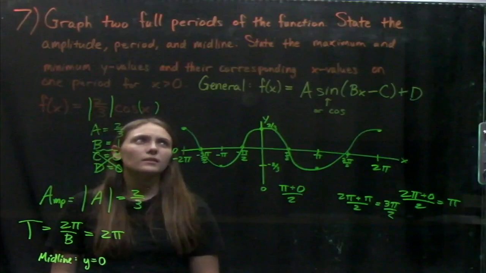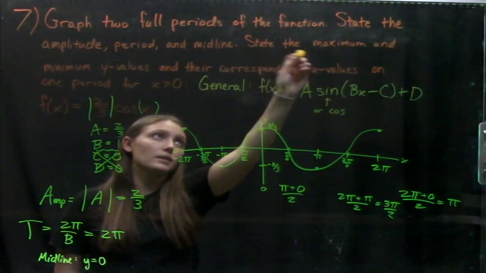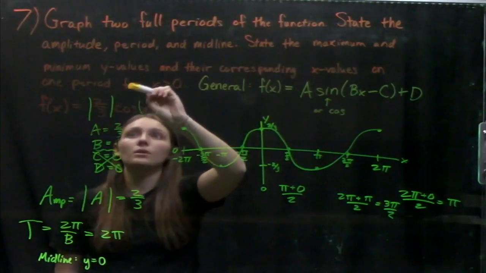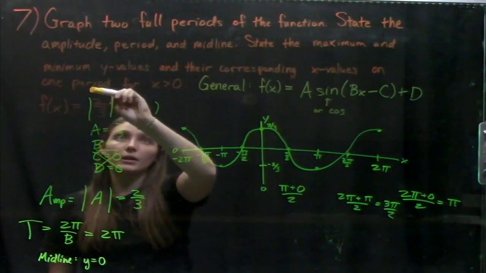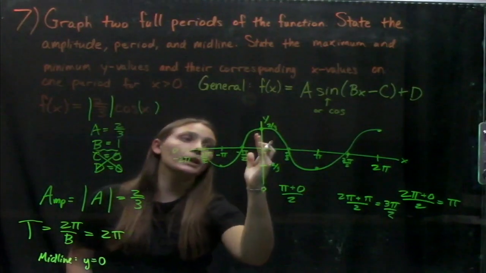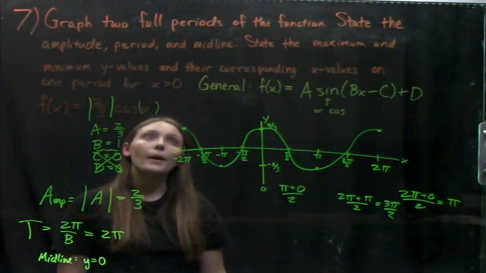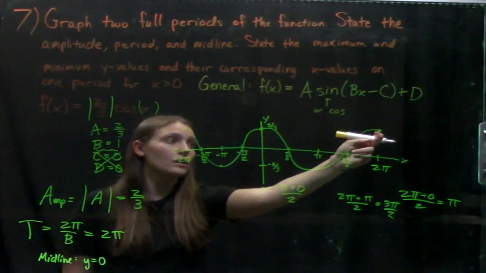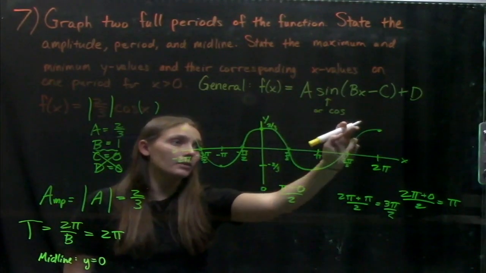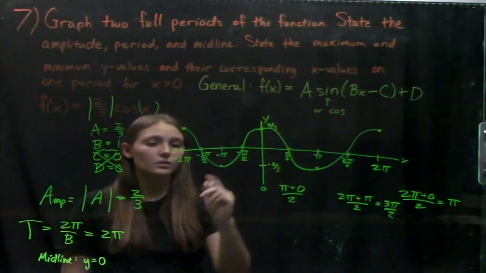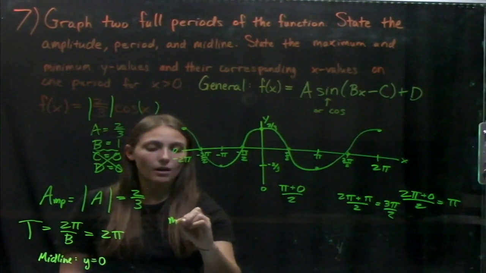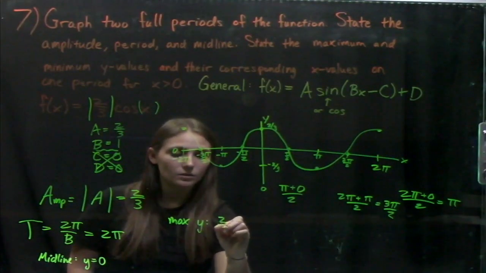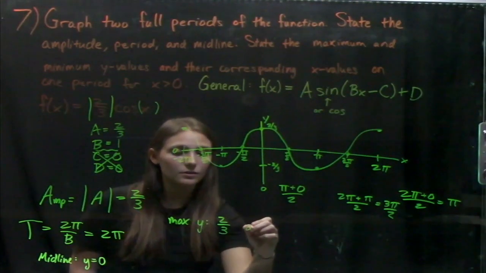What else does the question ask us to do? So we're asked to state the maximum and minimum y values and their corresponding x values on one period for x is greater than 0. So we're looking at x is greater than 0, and we're looking at our maximum and our minimum. So our maxes occur at the top of our amplitude, which is 2/3. So we have our max y at 2/3, and that occurs